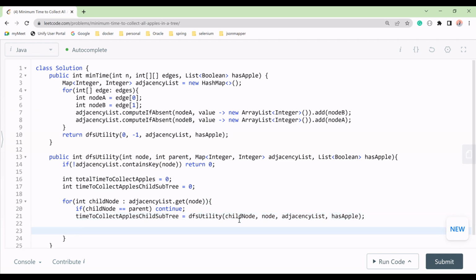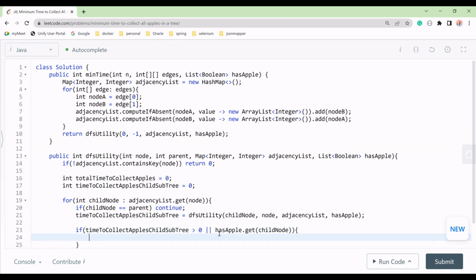So if we have child time, which we have already calculated, and the child time is greater than 0, or we have our has apple, if we have our child node in the has apple map, then what we will do,